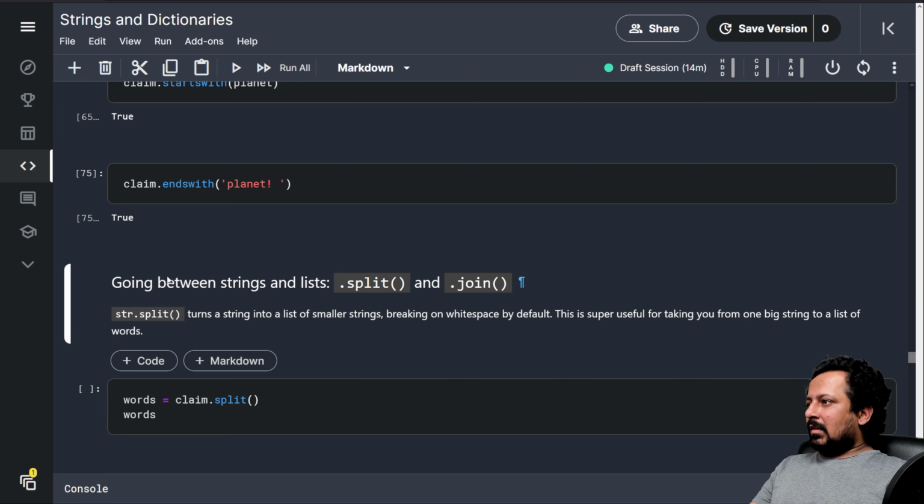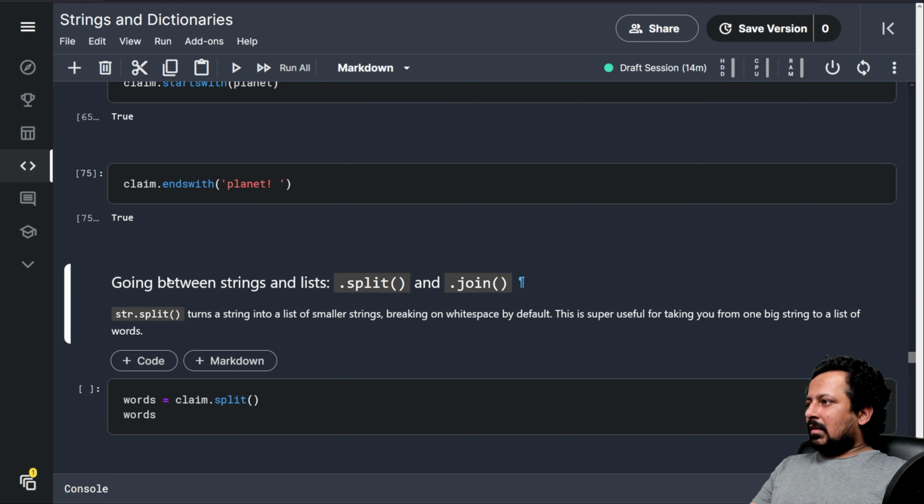Okay, now how do we convert strings to a list of words? Let's write the same claim: Pluto is a planet. Then I apply the function dot split.